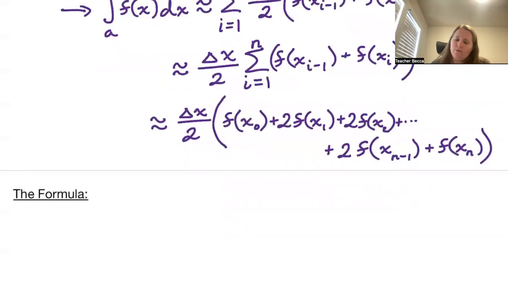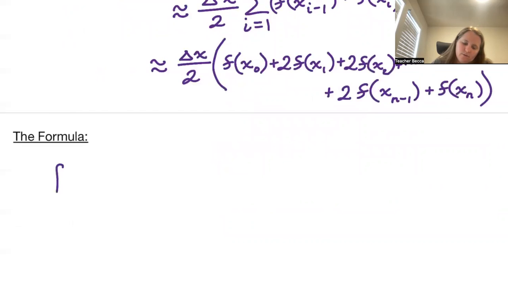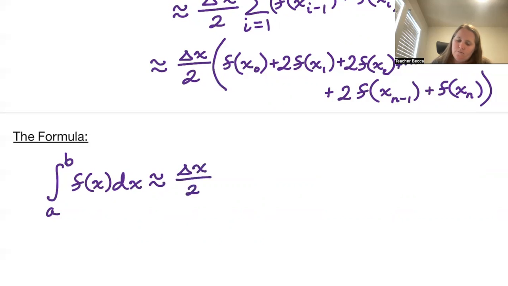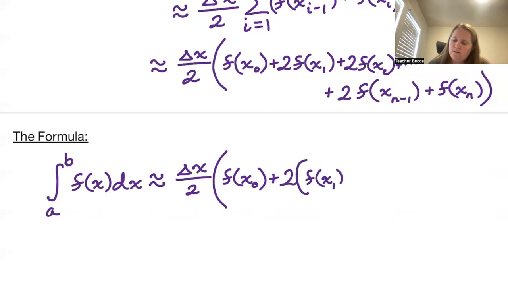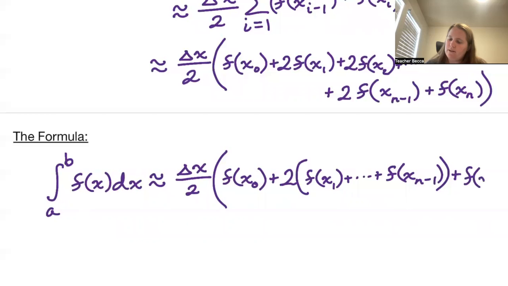So essentially what we get, our formula is the definite integral from a to b of f of x dx is approximately equal to delta x over 2 times f of x naught plus 2 times f of x1 plus all the way through f of xn minus 1. That times 2, multiplying all the terms from f of x1 to f of xn minus 1. And then plus f of xn,